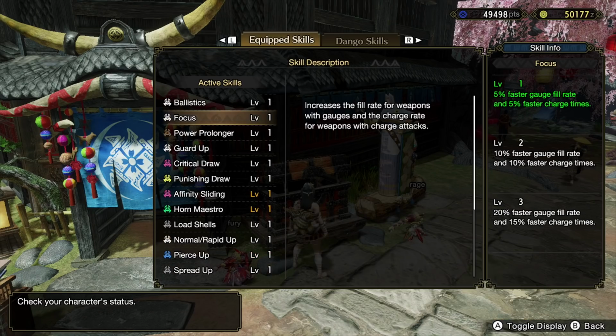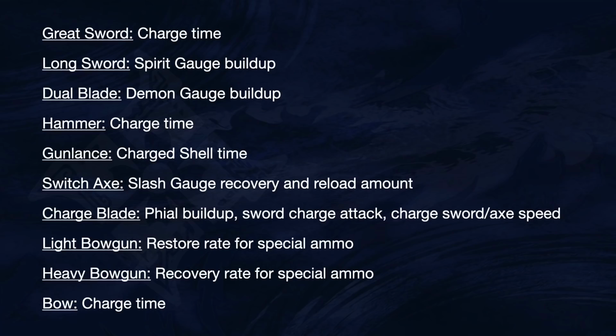Okay, next up is Focus. It says that it increases the fill rate for weapons with gauges and the charge rate for weapons with charge attacks, and it gives you a fill rate and charge times, which is great, but it doesn't tell you exactly what weapons it applies to, so here is the list. So Focus applies obviously to Greatsword for its charge time, Longsword it increases the buildup of Spirit Gauge, for Dual Blades it increases the rate at which you can build up your Demon Gauge, for Hammer it's charge time,